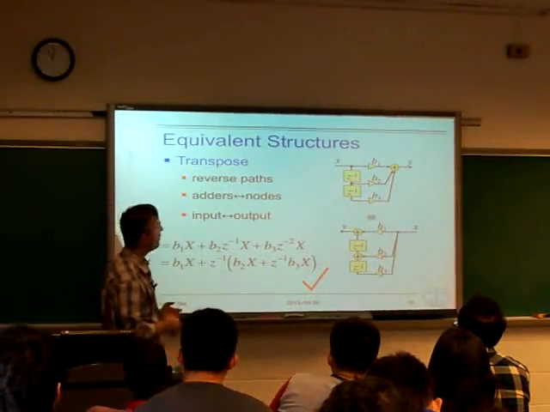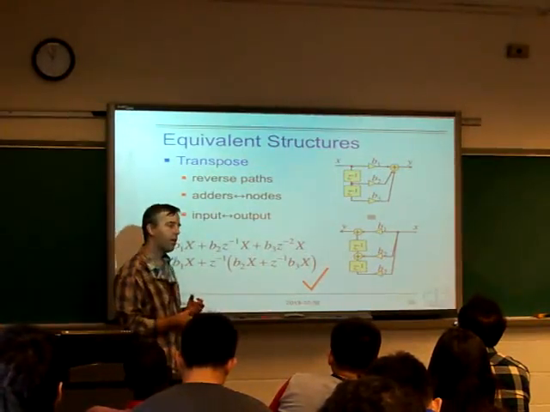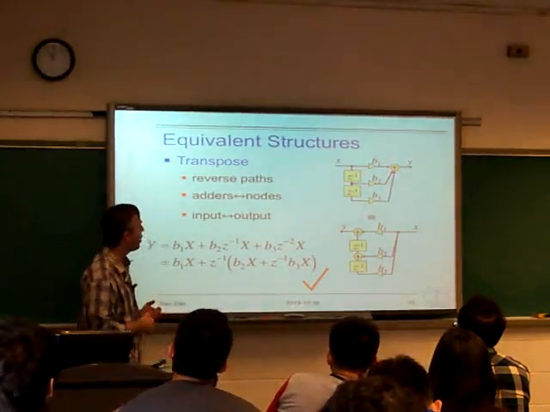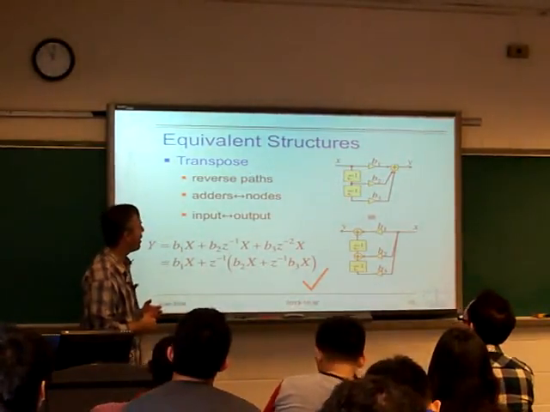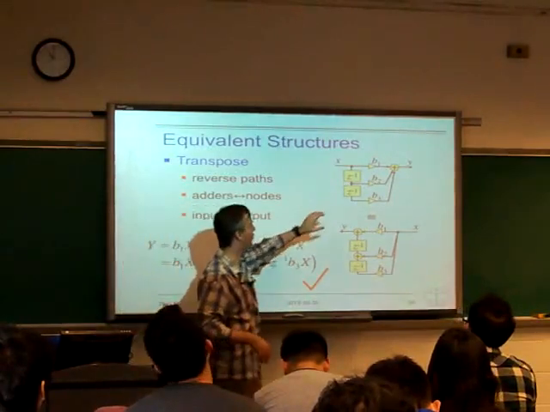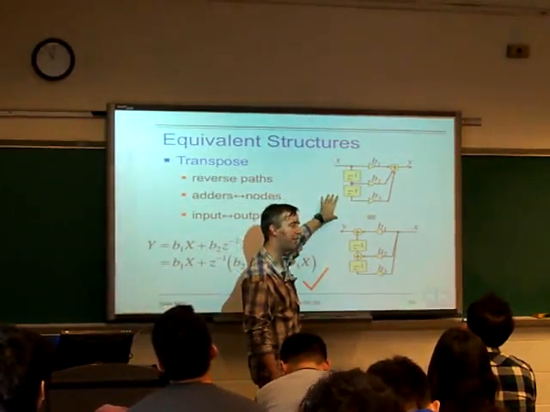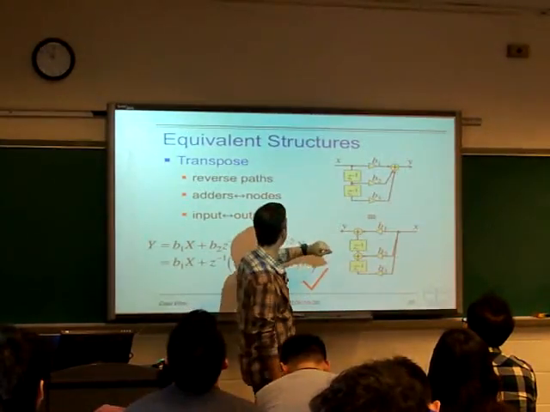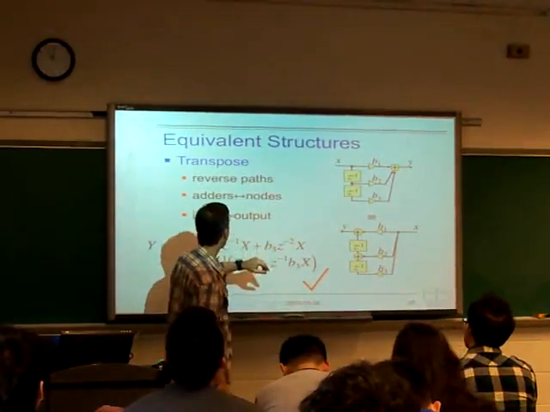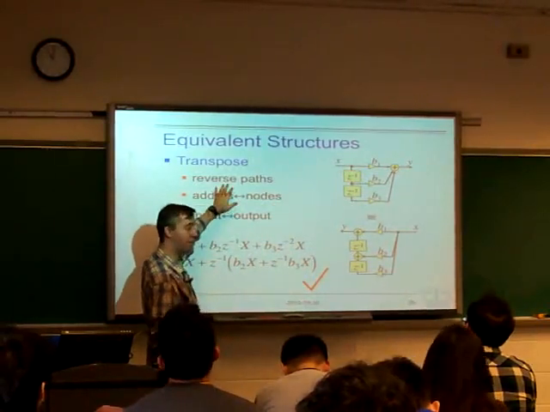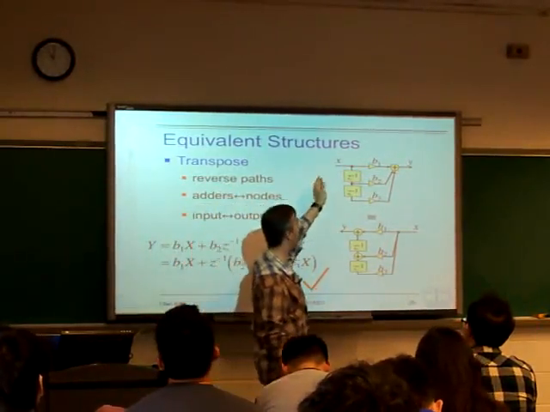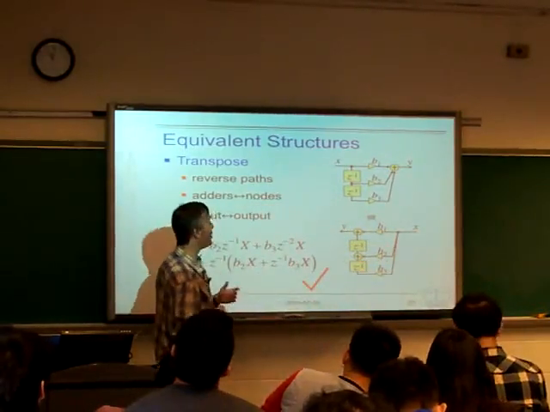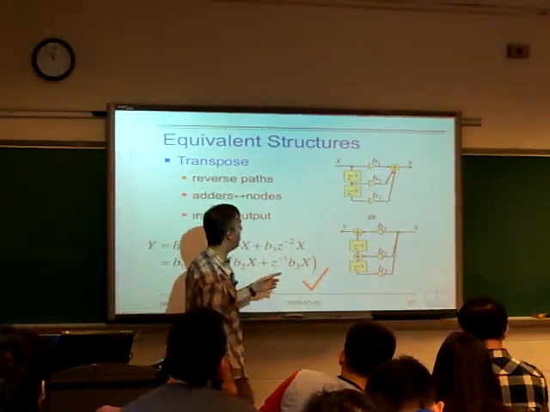There's one kind of trick which we're just going to take as a given, which is called transposition. It's an operation you can perform on a flow graph that generates a new flow graph that has the same characteristics. And the process is you reverse all the paths. So instead of the signal going from left to right, now you make the signal go from right to left. In order for that to make sense, you have to take all the